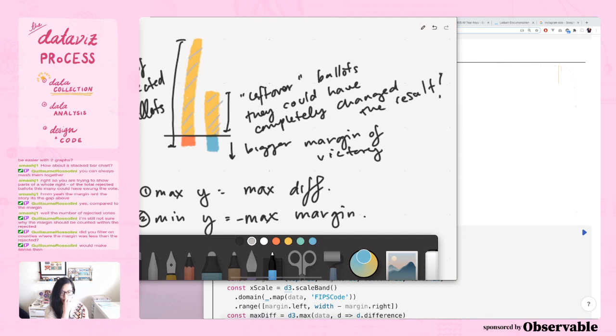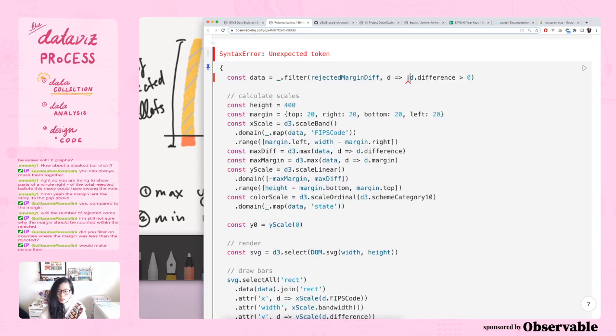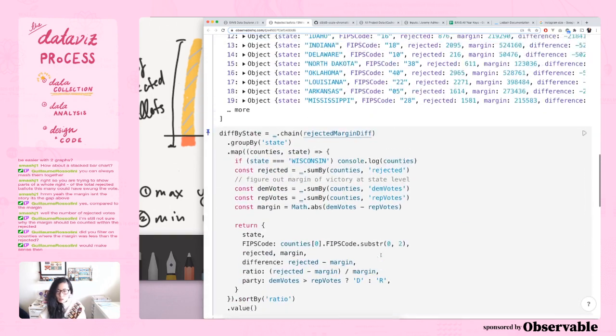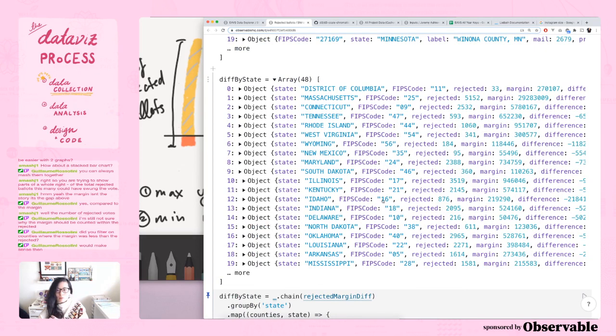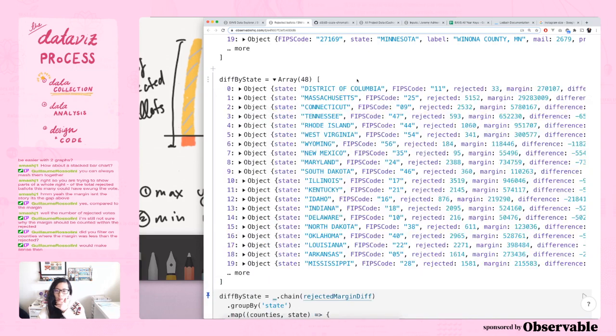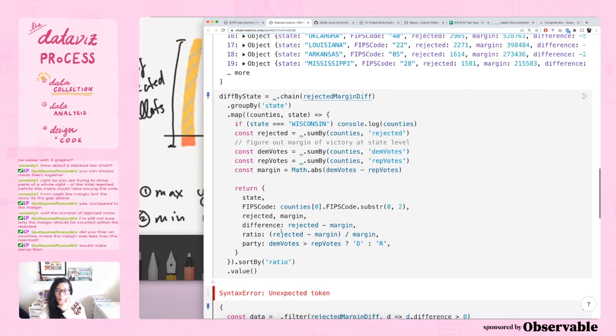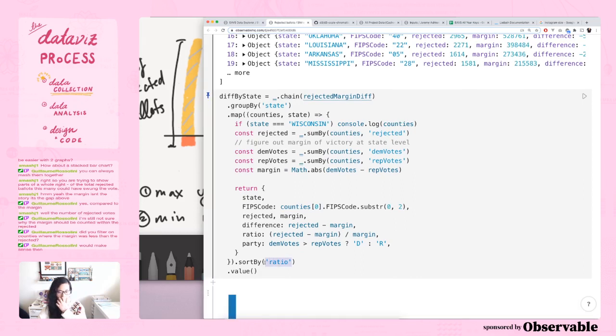Did you filter on counties where the margin was less than the rejected? Yeah, I filtered by that. Let me look at it from the state's perspective. So, from the state's perspective, sort by